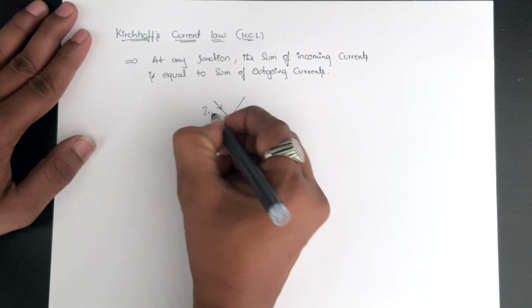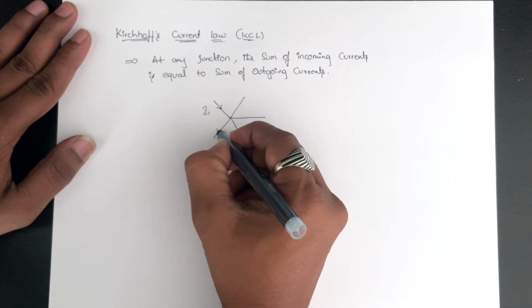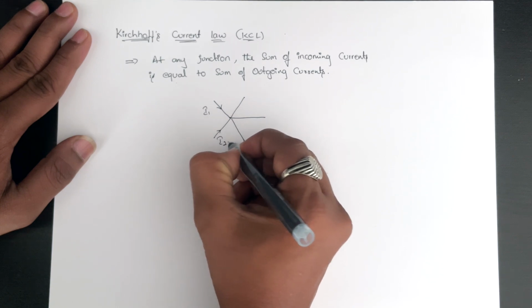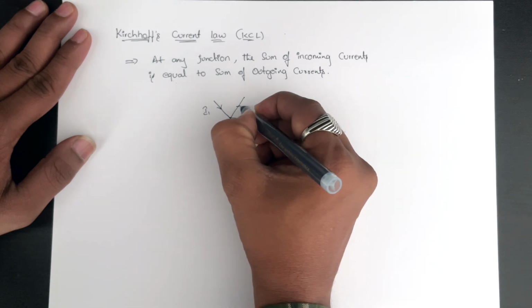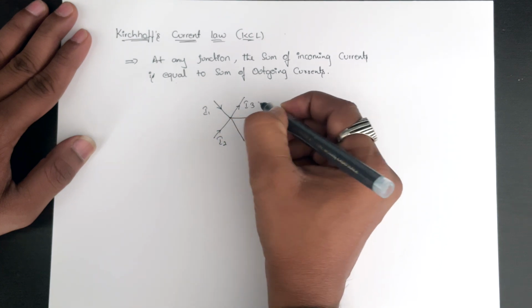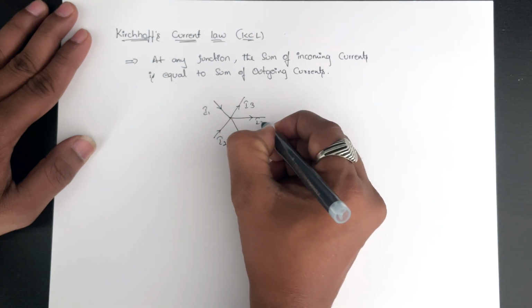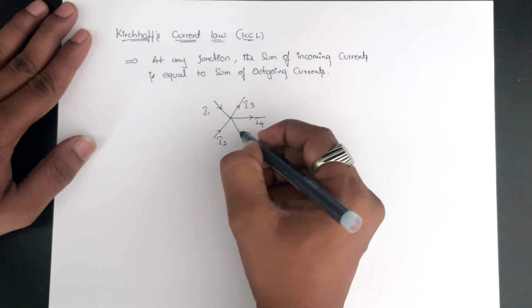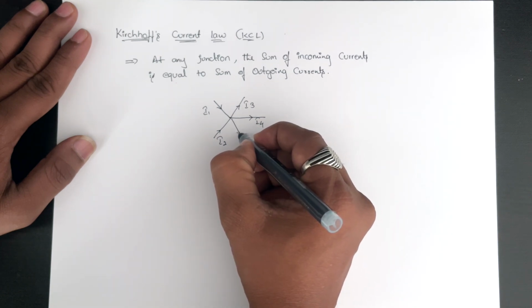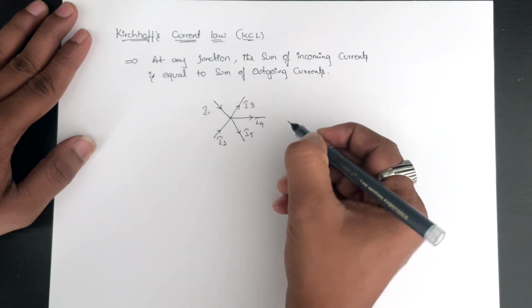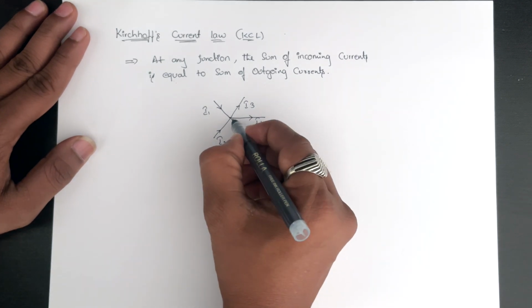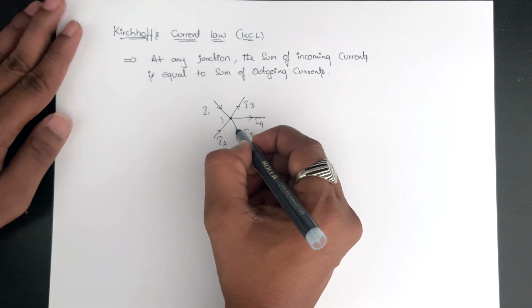Let I1 be the incoming current, I2 also be an incoming current, I3 be an outgoing current, I4 be an outgoing current, and let I5 be an outgoing current. If this is a junction J,